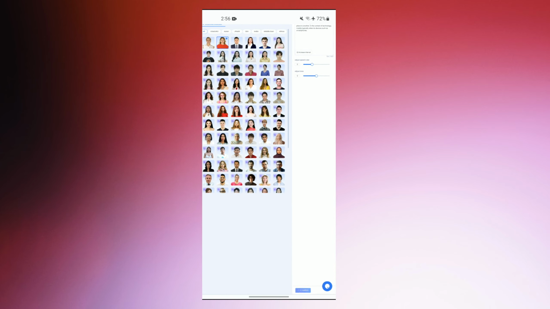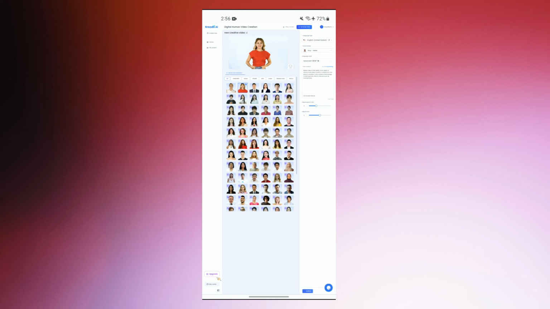Check your voice. Mobile refers to the ability of an object or device to be easily moved or carried from one place to another. In the context of technology, mobile typically refers to devices such as smartphones.